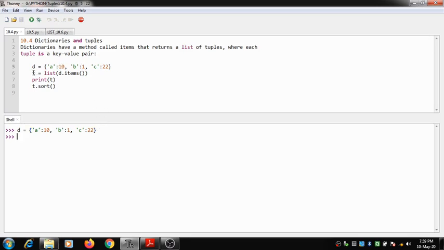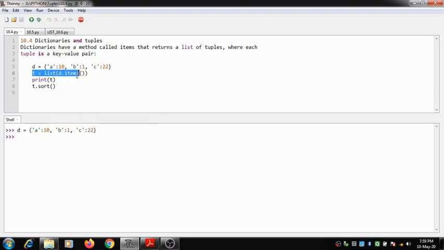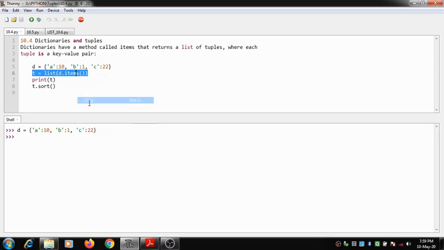Then I use a method called items, which will create a list of tuples with a key value pairing. And when I print it, you can see it has created a tuple with a key value pairing.